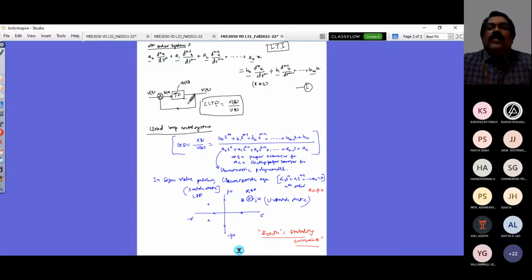A control system of your nth order system can be simply represented this way, where the output is obtained by multiplying the input with the transfer function of the system. You know what we mean by the transfer function of the system, because we have just looked at it in our bicycle model: the transfer function of the system is r by delta or v by delta. There is a numerator polynomial and a denominator polynomial, correct? This denominator polynomial is what was called the characteristic polynomial, right? And to get this transfer function, we have used something called Cramer's rule,